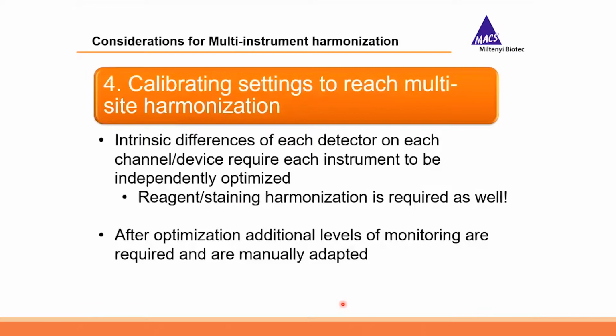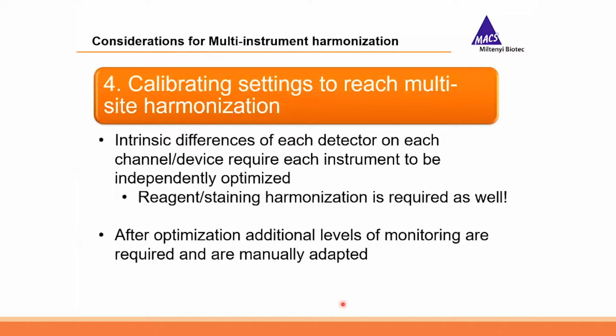For calibration, this is maybe the key translational aspect. So once you've identified the key pieces of information mentioned before, you need to be able to translate that from device to device. One of the challenges, or the things that makes this tough, is that there are intrinsic differences of each detector on each channel on each device that need to be independently optimized. And that's just inherent with the design of some of these detectors. They don't require the same voltage to receive the same fluorescence values on the back end. The good thing is they behave linearly and they can be